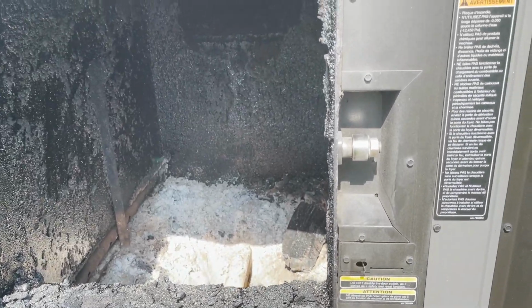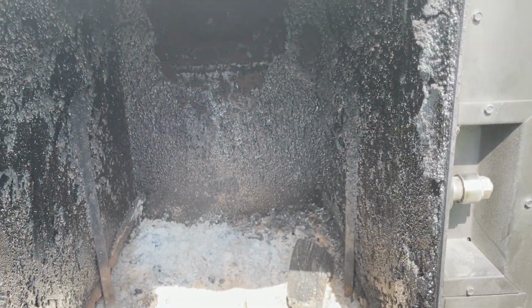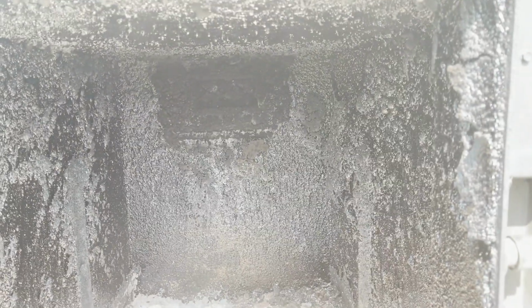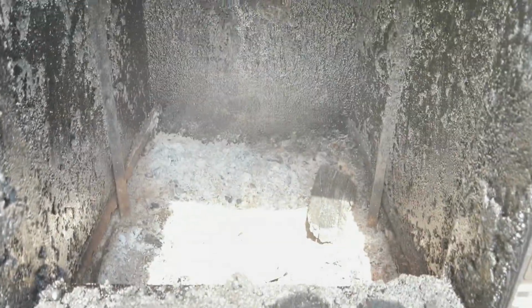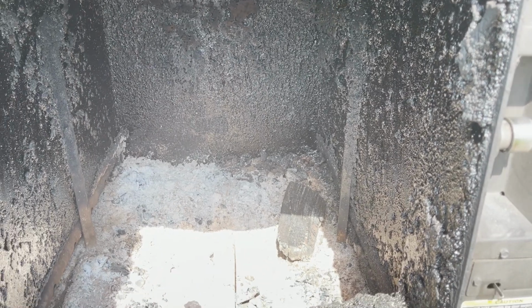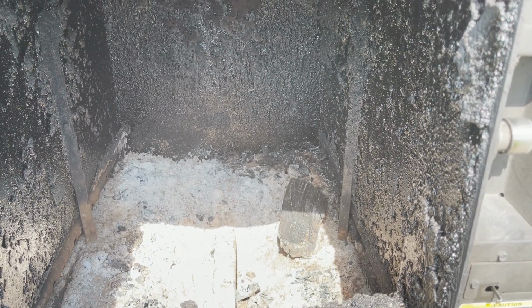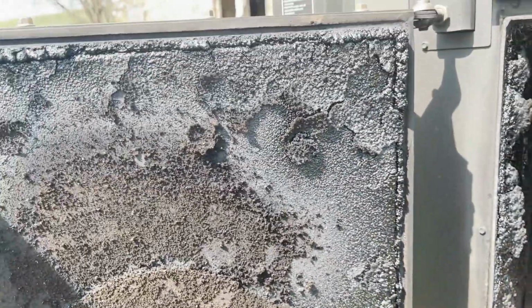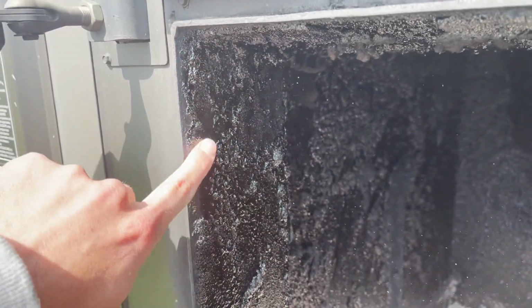So I've shut the furnace down probably about a week ago, and as you can see, got very heavy creosote buildup. So what I'm gonna actually do is I'm gonna clean out some of this ash down in here, and I'm gonna put a bunch of cardboard in here and get the sides nice and warm so I can scrape all this nasty, bubbly, junky creosote off of here. You can see this stuff's...